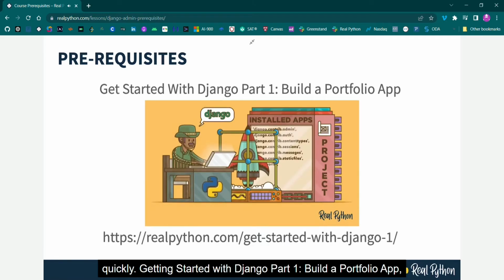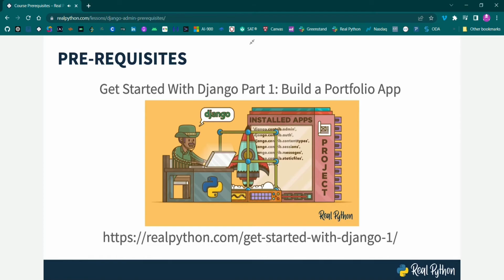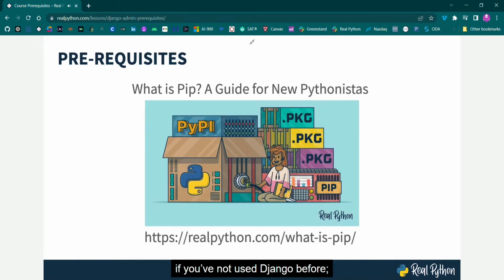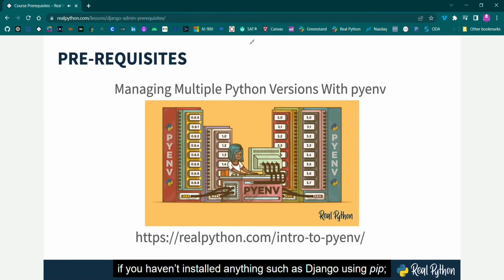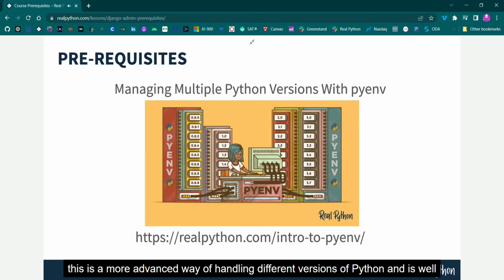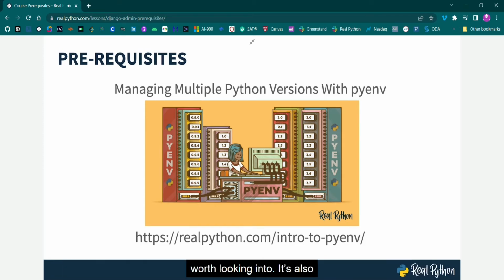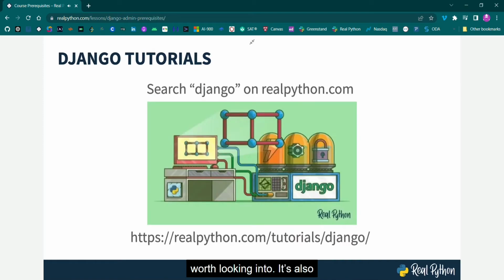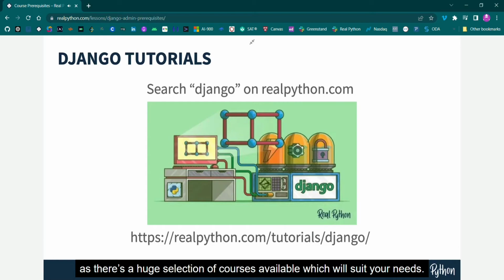If you're not up to speed yet, Real Python has courses that will get you there quickly. Getting Started with Django Part 1: Build a Portfolio App, if you've not used Django before. What Is pip? A Guide for New Pythonistas, if you haven't installed anything such as Django using pip. Managing Multiple Python Versions with pyenv. This is a more advanced way of handling different versions of Python and is well worth looking into. It's also well worth searching realpython.com for Django, as there's a huge selection of courses available which will suit your